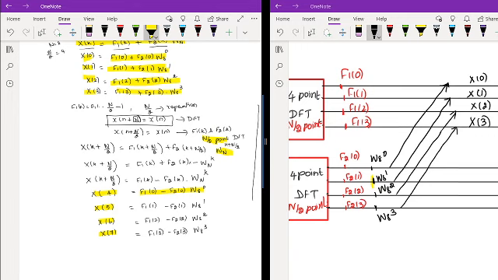So for the minus, we need to represent the minus sign. So minus 1 into f2 of 0 into w8 power 0, since we multiplied with minus 1. So we are going to add that with f1 of 0. So now this is like f1 of 0 minus f2 of 0 into w8 power 0. So this is for x of 4.